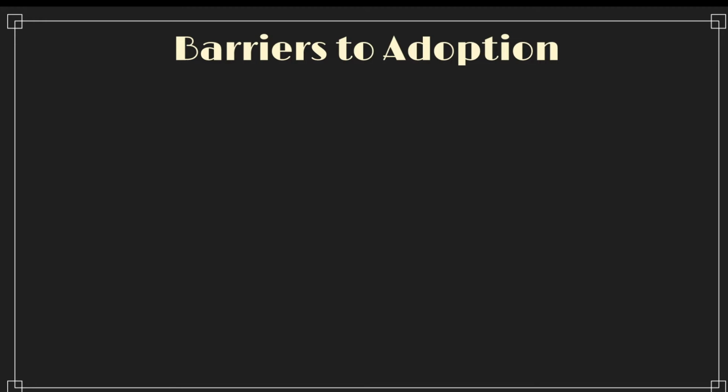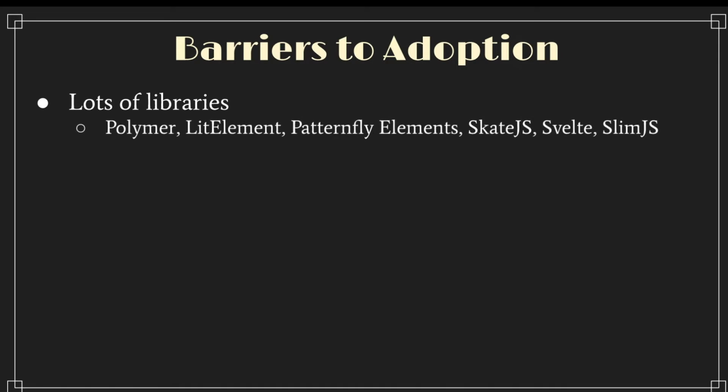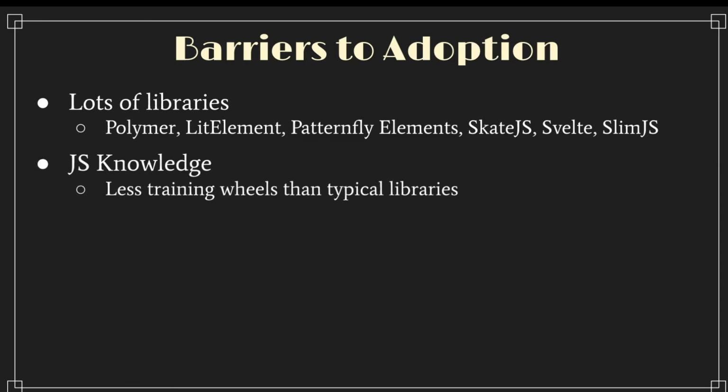Because we're going to cover the barriers to adoption for web components. And there are a few. So the first one is libraries. Like Brian covered, there's a ton of different ways to write web components. You might be questioning, how do I even start doing that? In what instance would I use a Polymer library or lit? You need to know some JavaScript knowledge: ES6, how to extend classes, DOM events, life cycles, light DOM versus shadow DOM, and then everybody's favorite,